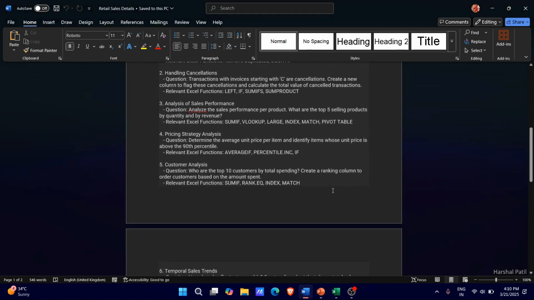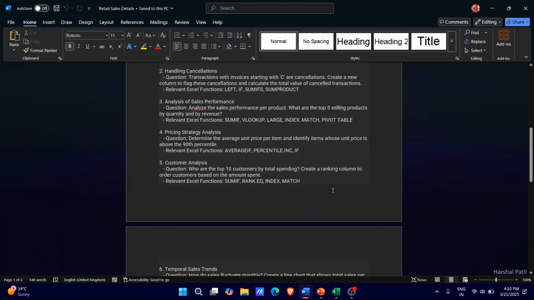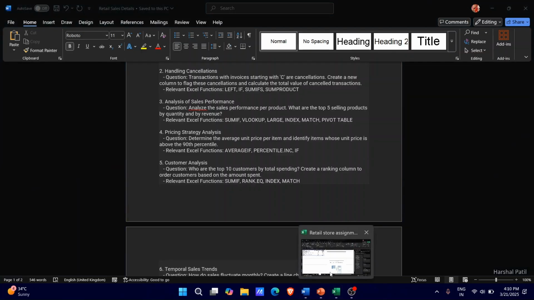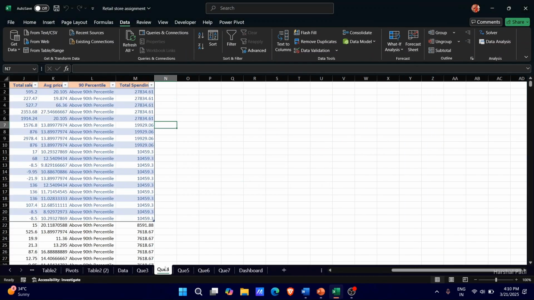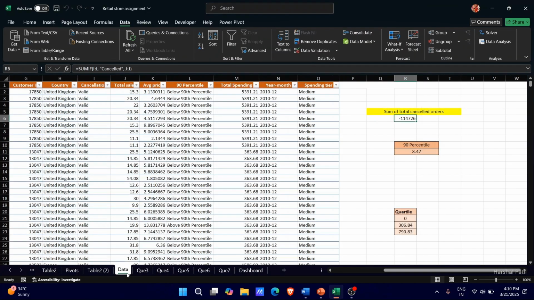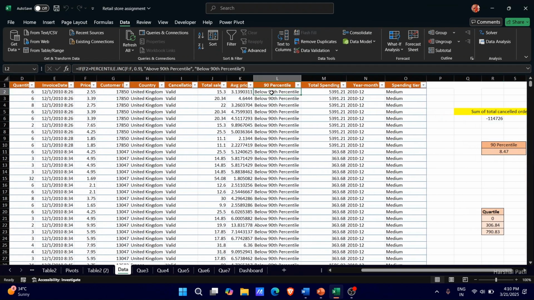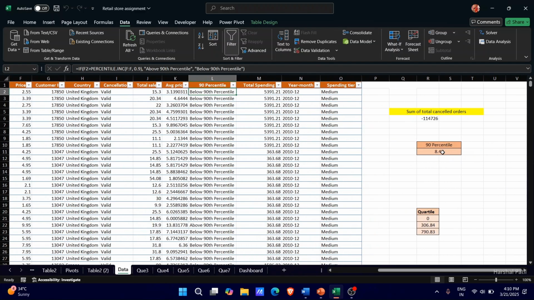So the next question is to determine the average unit price per item and identify items whose unit price is above the 90th percentile. For that, we created this 90 percentile column. As you can see in the dataset, we have created this column. And using the IF function, we calculated whether the value is above or below the 90th percentile. To determine the 90th percentile, we use the PERCENTILE function to get the 90th percentile of total sales, and then